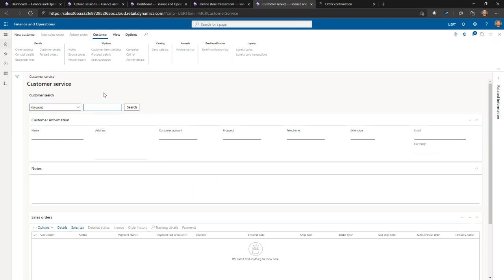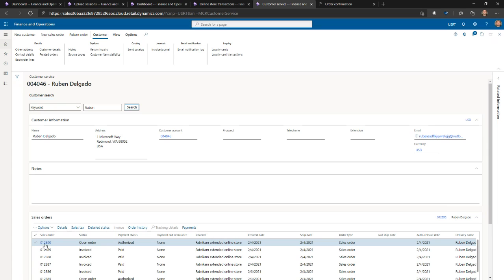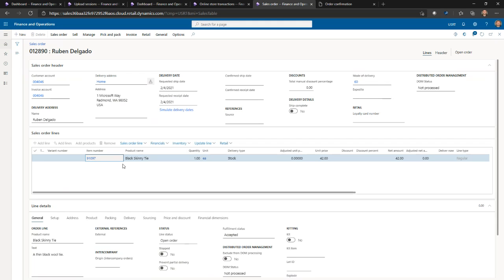The customer service associate looks up my account. And they say, oh yes, you did create an order here. I see it. And I tell them, I would like to add a hat to my order, please. So they'll bring up the details for my order. And they can say, okay, yes, I see you ordered a black skinny tie.